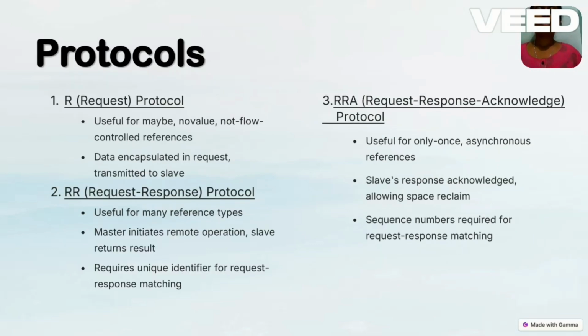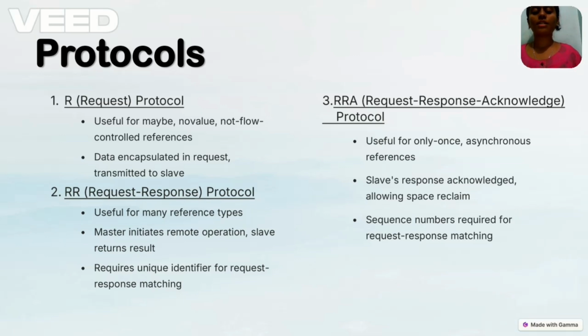Protocols. There are three types of protocols. One is the R protocol, the second is the RR protocol, and the third is the RRA protocol. The R protocol is a request protocol that is useful for maybe no value, not flow controlled references. It is data encapsulated in a request transmitted to slaves. RR is a request response protocol which is useful for many reference types